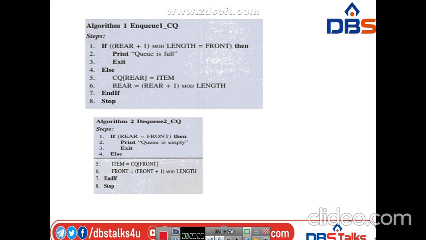In a circular queue there is no chance of showing queue full falsely. If the queue reaches the maximum end, the elements are in a circular manner, so automatically the element is placed into the first position. So we avoid the problem which occurs in the linear queue. So this is the circular queue concept.